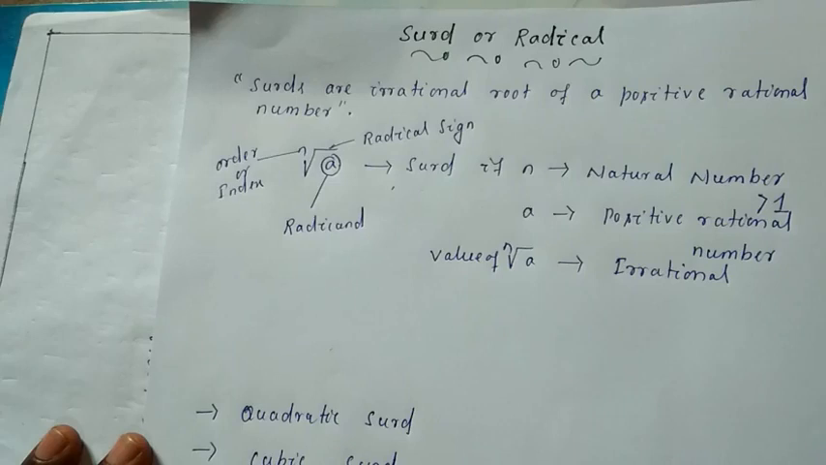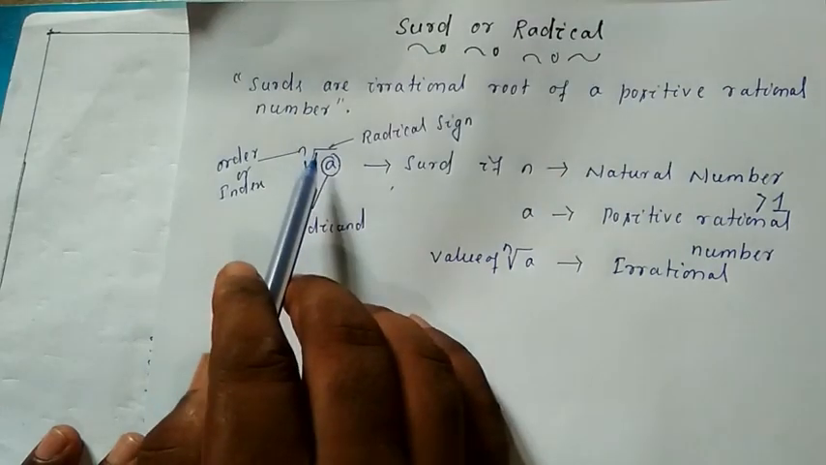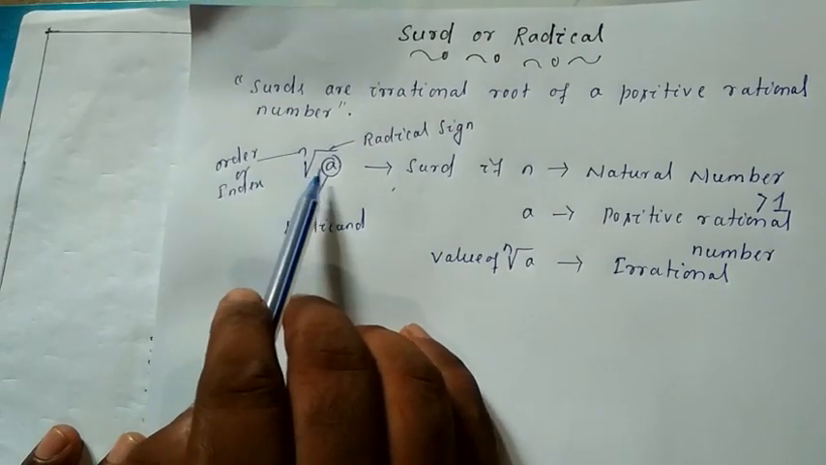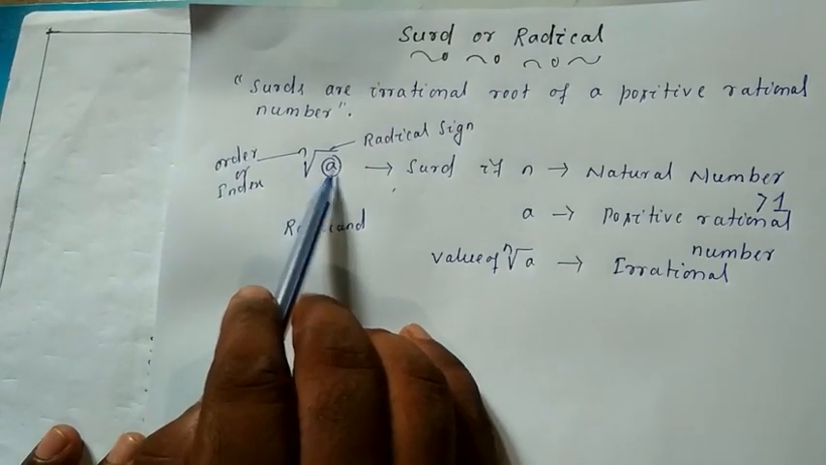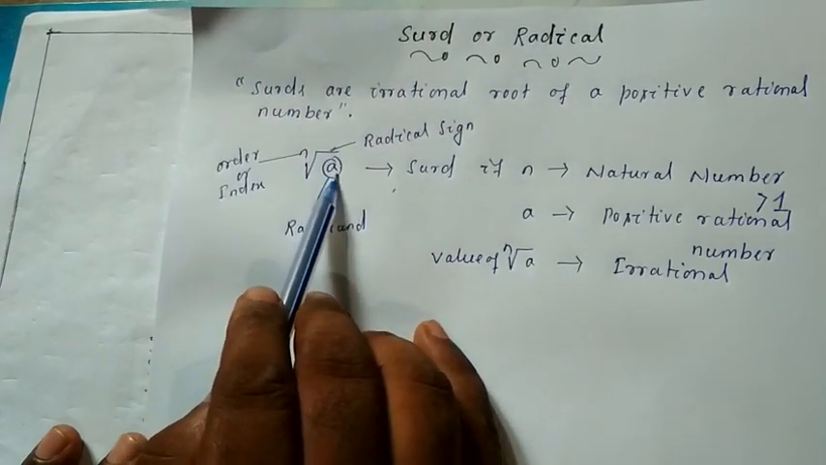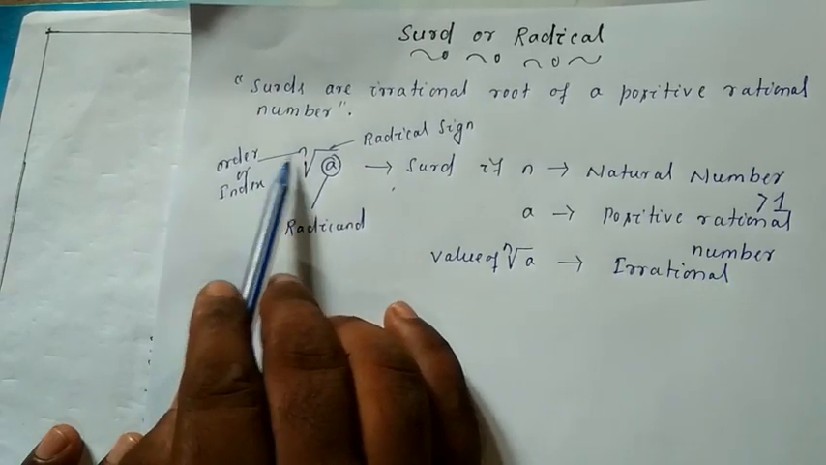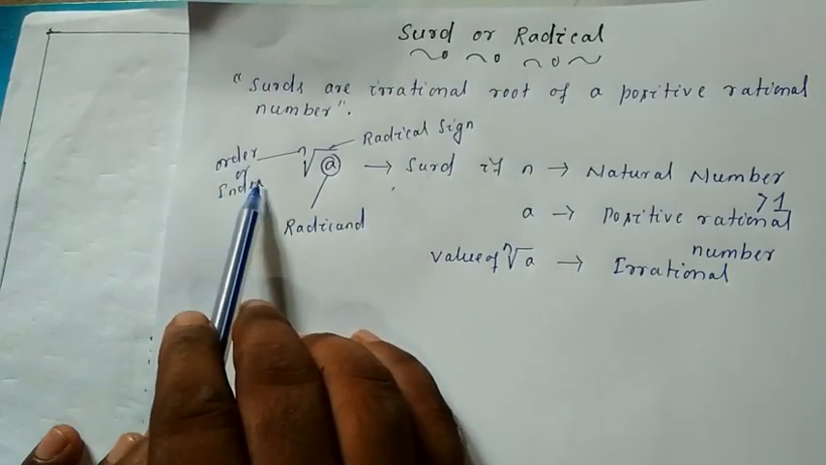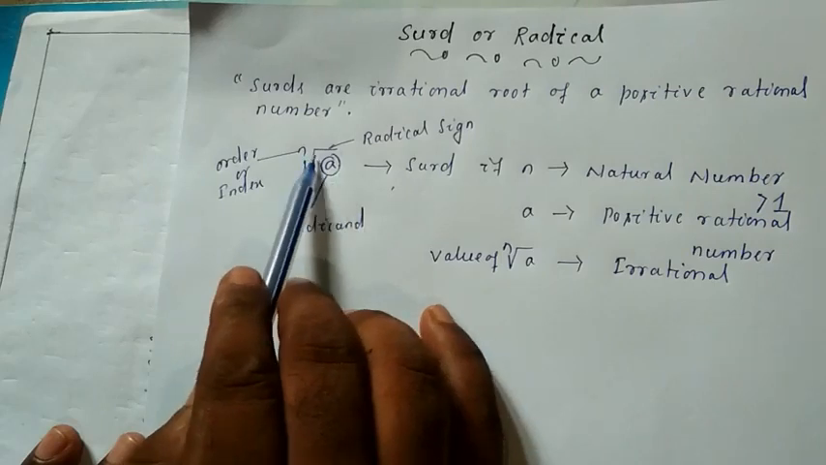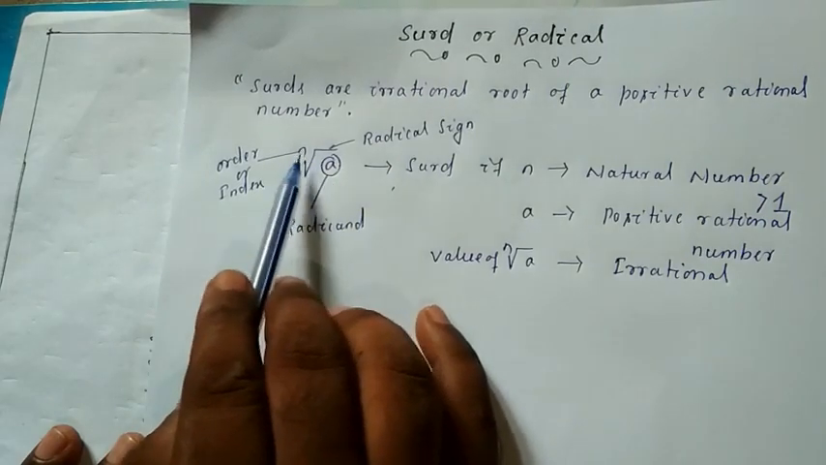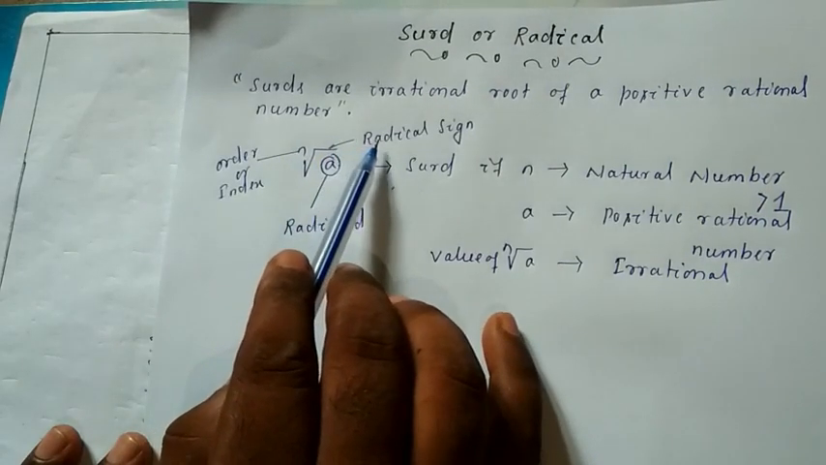Now students, I am going to explain about surd or radical. Let's take a number, nth root of a. How to read? Listen here. Nth root of a. Here n is the order or index, and this root sign you can call a radical sign,